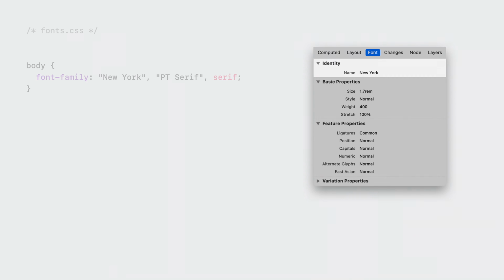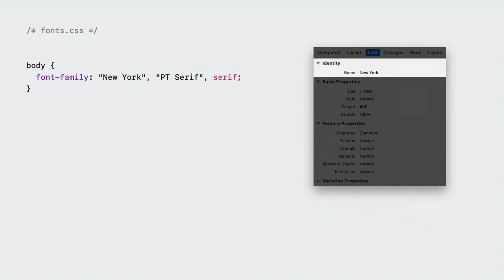It shows properties and capabilities of the font used on the selected element, such as the name of the primary font used. You can reference this to quickly check if the font you expected was indeed used. Keep in mind that this only identifies the primary font. If the selected node includes characters for which the primary font does not have glyphs, a fallback font will be used for those.